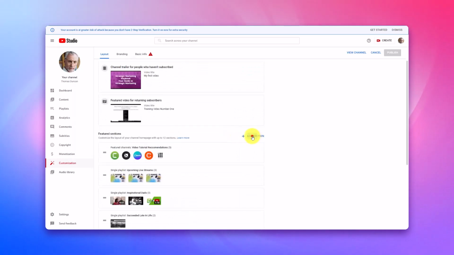You can choose what individuals are going to see by adding in specific sections for the channel. So for example, you can include specific playlists. You can include live broadcasts. You can include specific uploads. So whatever you want to do to customize your channel homepage, you can do it with up to 12 different